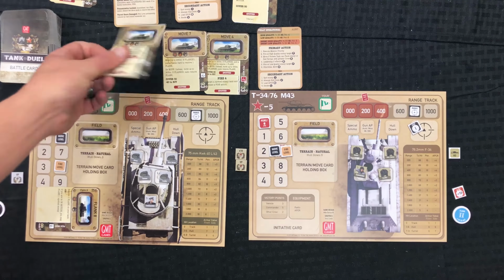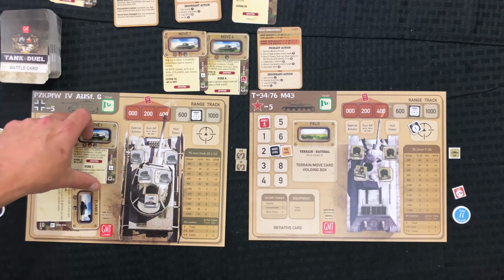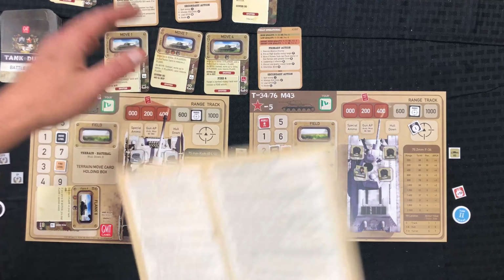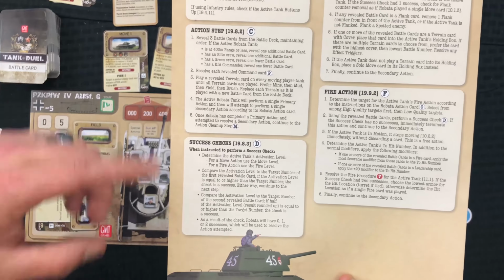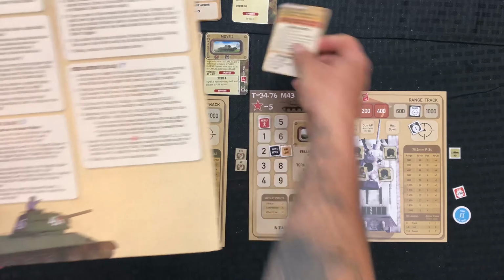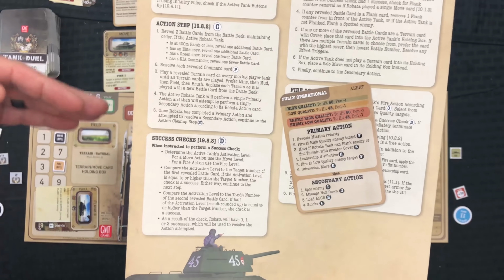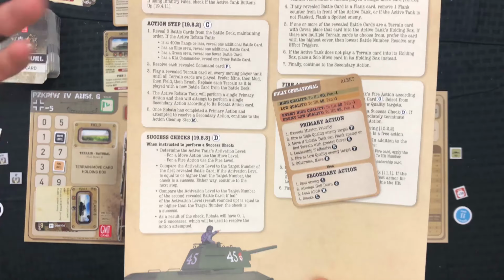I would be considered moving if I had a move card in my move box. You would leave it there to signify that you are moving. So I'm not moving. He doesn't have any terrain cards. We don't have to worry about that. So we're going to continue on. And this is where we start looking at his robotic card to determine what he's going to do. He's going to attempt to do one primary action and then a single secondary action,